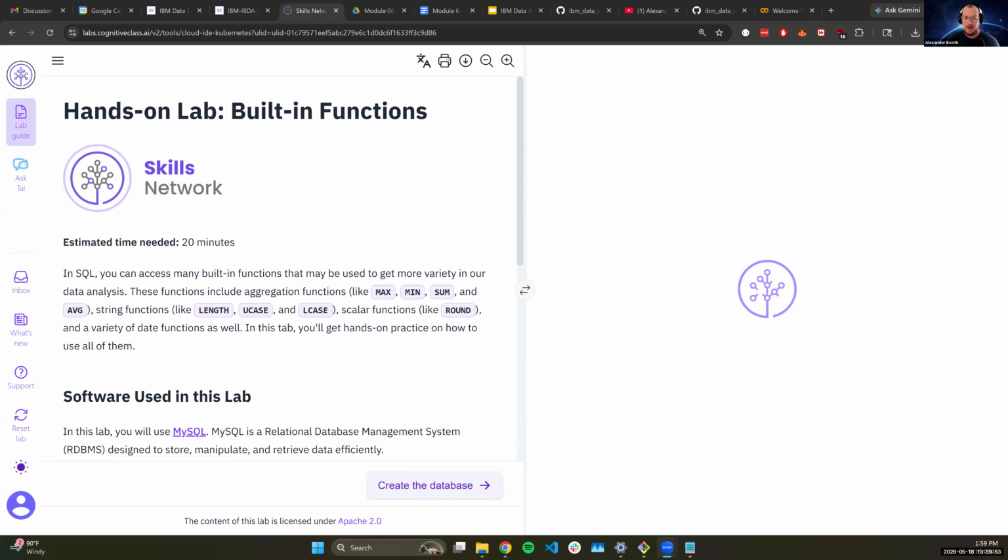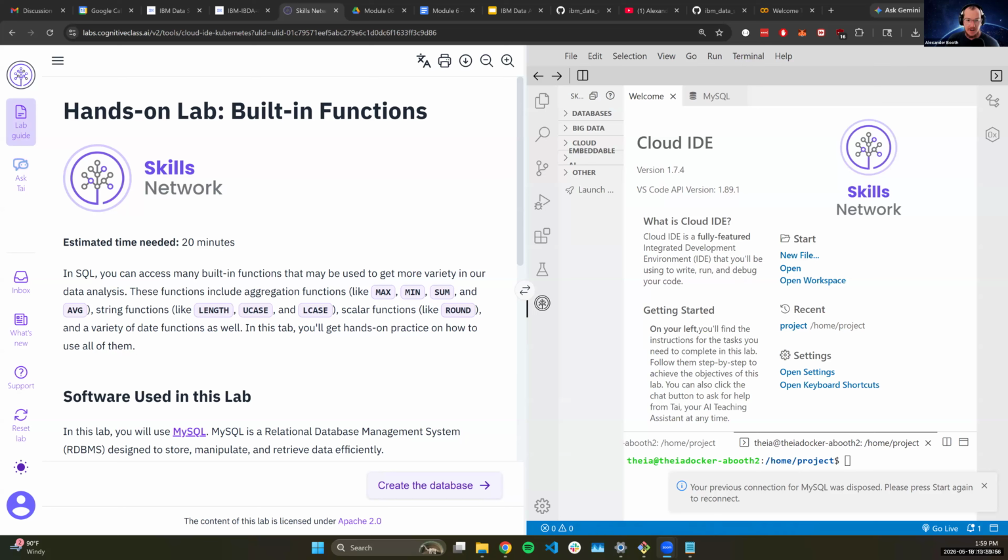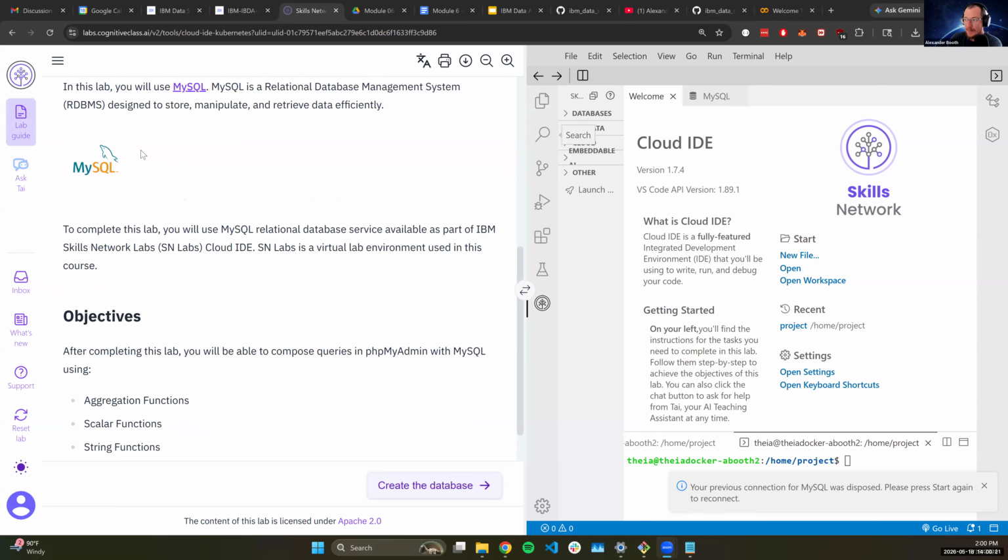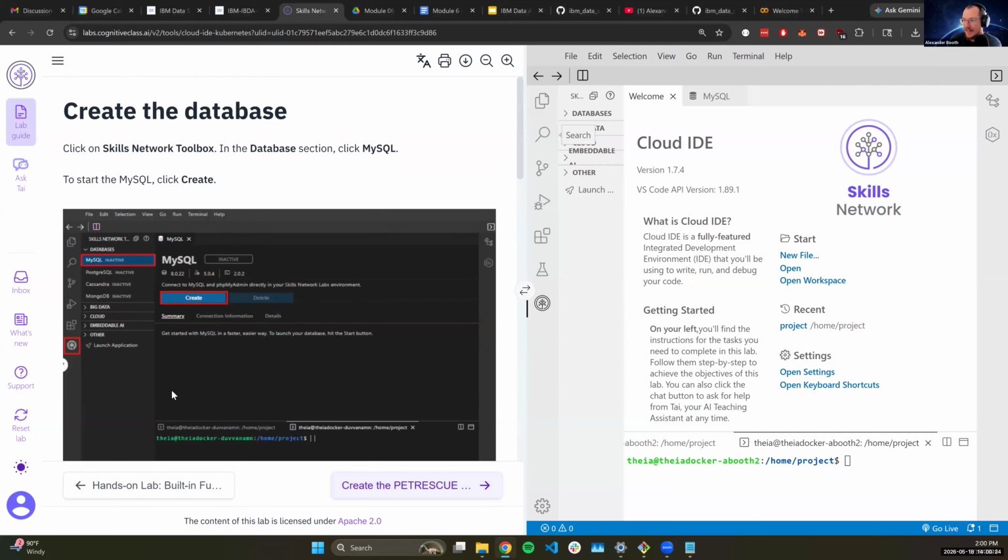All right, so the environment is fully loaded here. This is what I want you to notice. Notice that the lab looks different than it did from the last one I showed you. In this case, it's not just a click-through lab or running some of the queries, but we actually have a full user interface here on the right. This is a ripoff of a software called Visual Studio Code, which is an open source IDE. But you'll notice that if I follow some of the instructions here, we're going to be interacting with MySQL running on a database server. Most relational databases require a computer to have them installed on. So that's what this is having us do here.